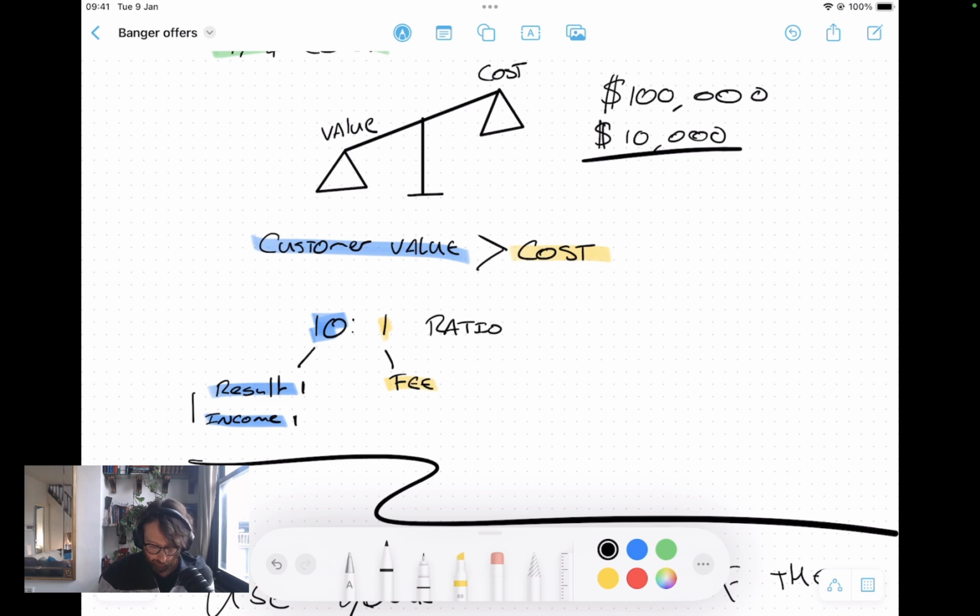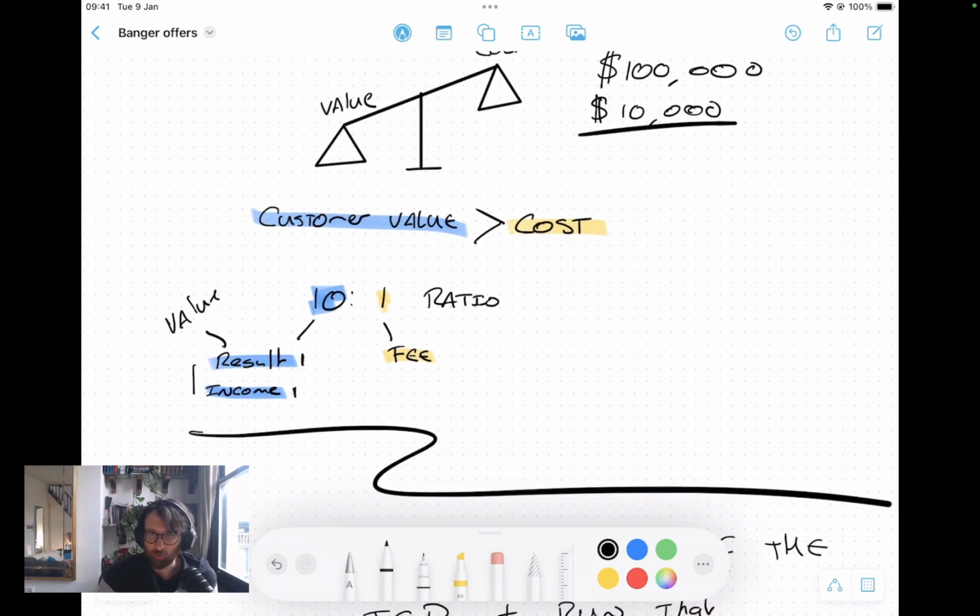Now, if you say, oh, but I don't deal in big results, then you can either go with the income, or you can think about what is the value of that result to that person. How much would that be worth for them? Would they pay $100,000 for that result? If so, you can maybe charge 10K for it. And then always try and charge as much as you can.